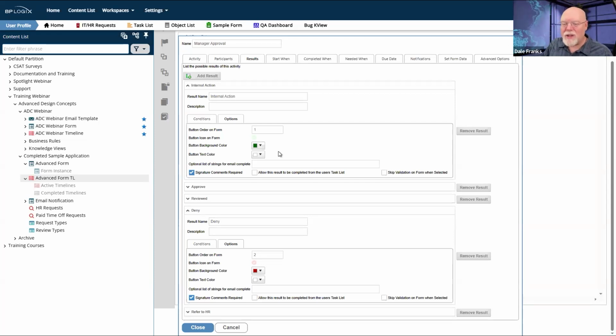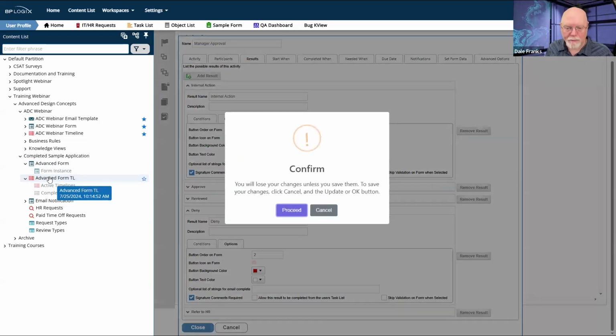So these two things work hand in hand together, along with the system variable for the activity users complete, to be able to extract those comments back and show them in a knowledge view, so that for those requests that were denied or handled internally or whatever, we can see why things were done the way they were done, so that we can exercise some oversight on how our process works.